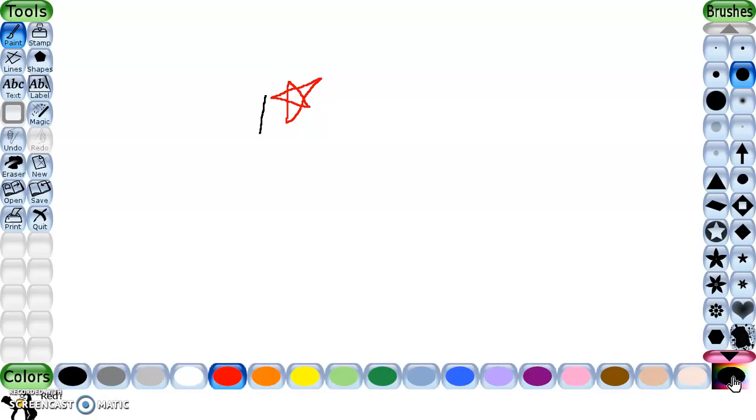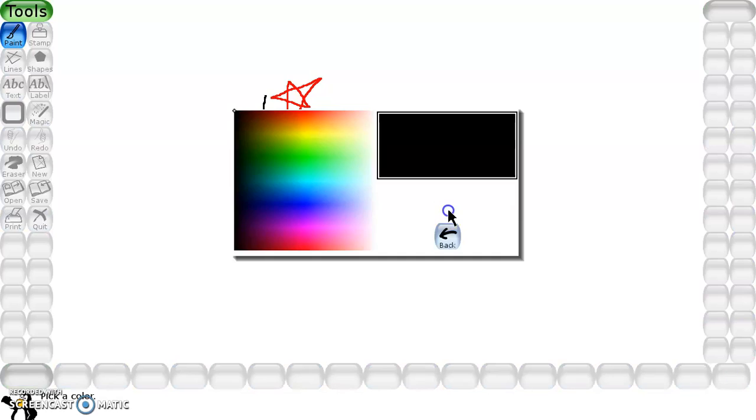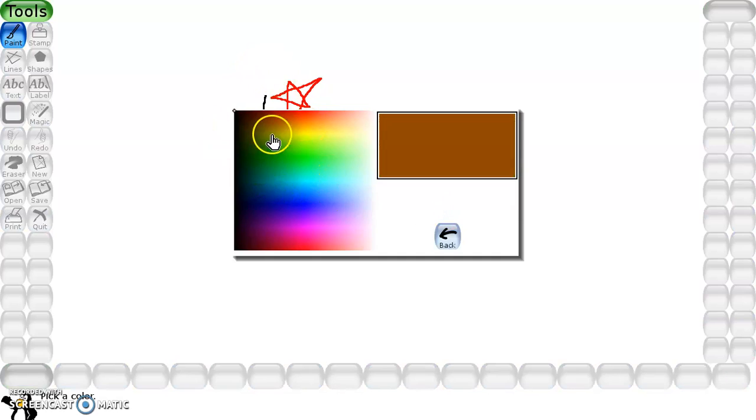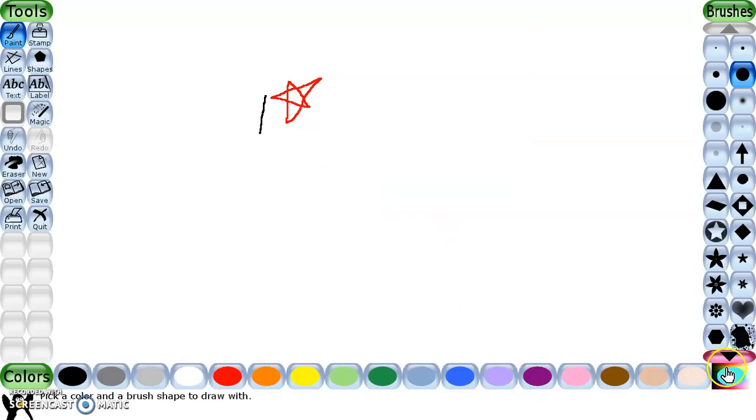It means we can change color from here. I will click here. This is the color box. I can select any color of my choice. For example, I will select this one. Okay, it appears here. Now I can use this color on my canvas. You can hear the sound effects also.